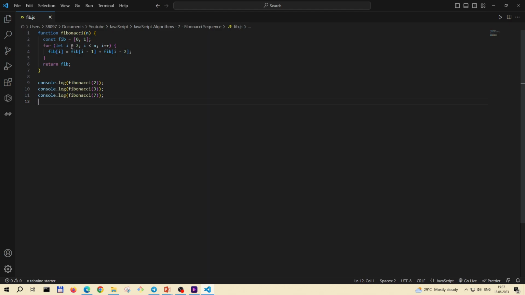To populate the remaining elements, we use a for loop that starts at index equal to 2. Since we already have elements with index equal to 0 and index equal to 1, we iterate till we have n elements in the array. So, for that: i equal to 2, i less than n, i plus plus. And in each iteration we populate the value at index i. So fib of i by adding the previous two numbers, so fib of i minus 1 plus fib of i